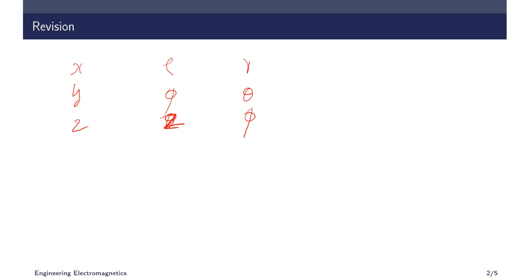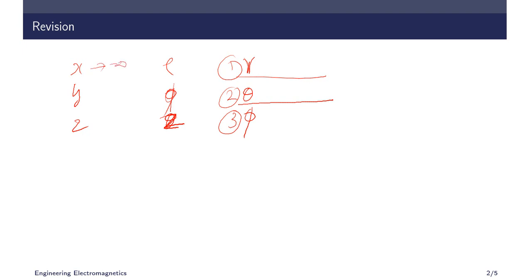Okay, in the last class one of the orders I told as r, phi, theta. It should actually be r first, then theta, then phi. Please remember and note down in your notebook. Correct this one. The order of the coordinates is r, theta, followed by phi. Remember, in rho, phi, z, phi is the second one, but in the spherical coordinate system phi comes third. We have also seen the limits.